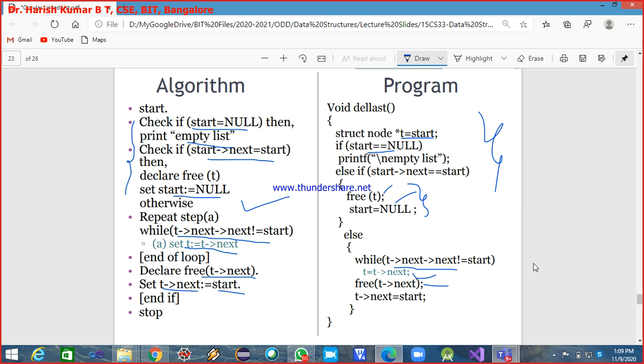Yeah, keep this as a reference and finish it fast. Write both the algorithm as well as the program in the form of a function.